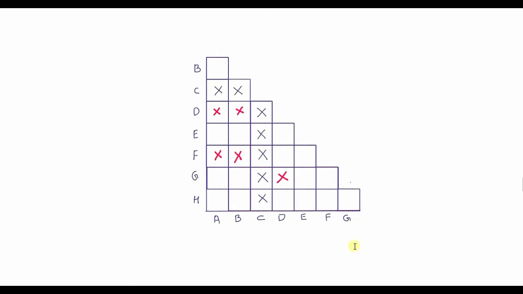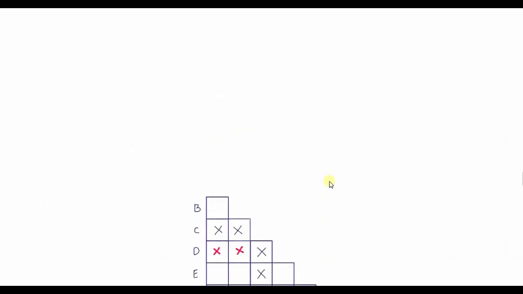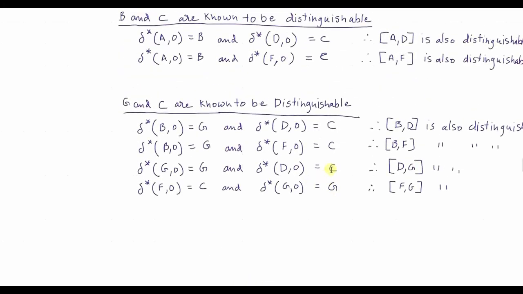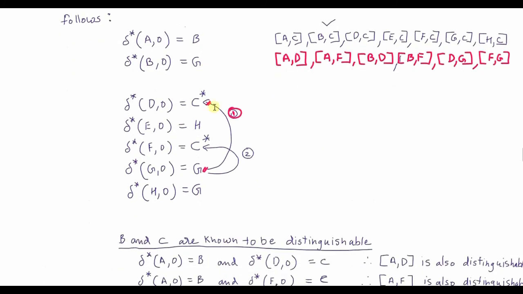Now when I say F comma G, for this F I don't have a cell called G. So if F comma G is not possible, we should see G comma F. So now what is G comma F? G comma F happens to be this cell here. So you mark G comma F. Fine. So for this G, we have seen combination with this C, and we have seen combination with the other C. So next consider this G with this C first, and then this G with this C second.